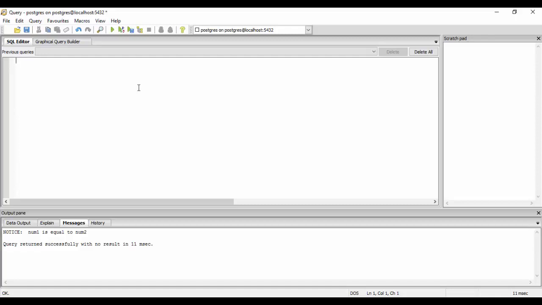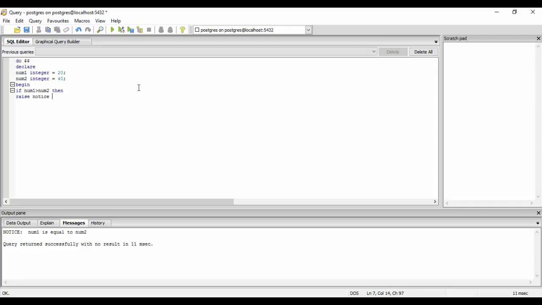We'll start off with declare: num1 is an integer, say 20, and num2 is again an integer equal to 40. We'll check whether num1 is greater than num2, less than num2, or whether both are equal. So we'll do a begin, and if num1 is greater than num2, then we'll raise